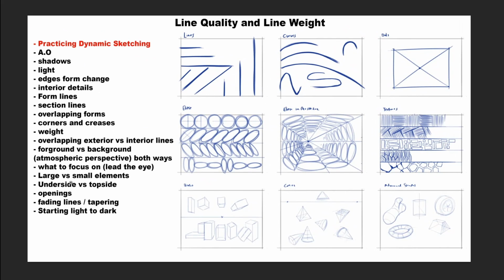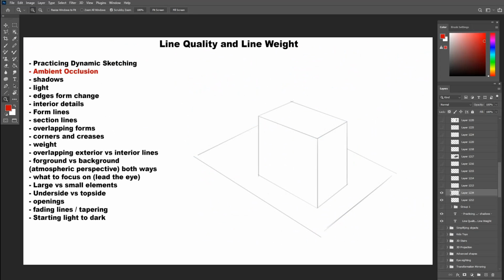Ambient occlusion happens when an area is obstructed by an object so that no light can penetrate into that area. So it's basically incomplete shadow. Let's take this box for example. This box is sitting on the ground. The area in between the box and the ground is where the ambient occlusion will happen.